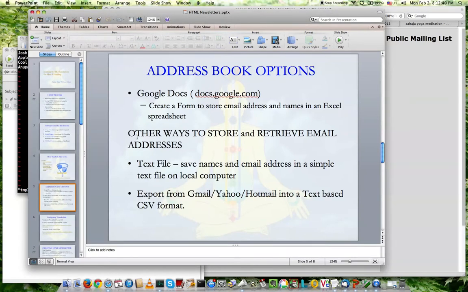And if you're not having any of these, but you want to export them from your Gmail, Yahoo, Hotmail account, you can do that as well. All these free email providers let you output or export CSV format, text format address book. So that'll work as well. So once you have that,